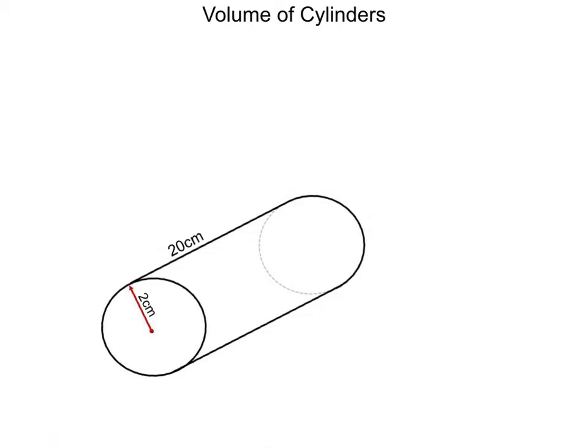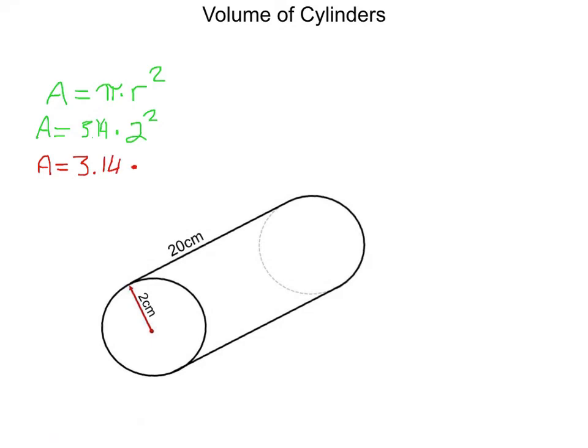So for this particular problem, we're going to use the exact same steps we did last time. Area of the base, we need to use pi times radius squared. So we have that here. The radius is 2 centimeters, so we're going to have 2 squared. Pi is 3.14, just like always. 2 squared is 4, so I'm going to have area equals